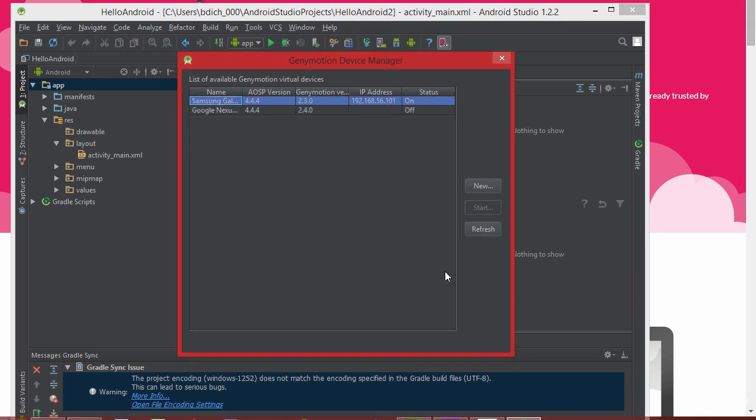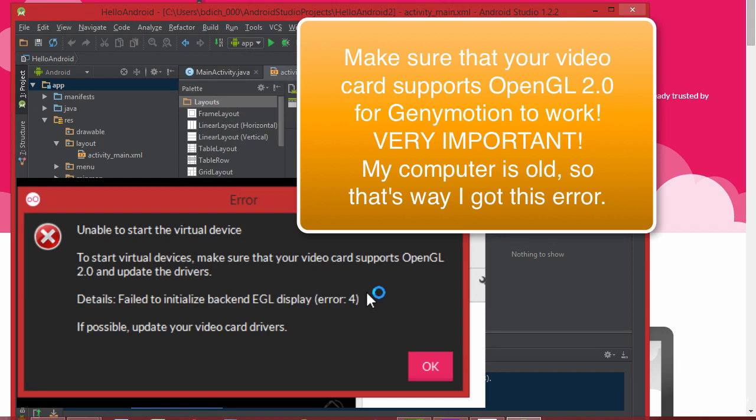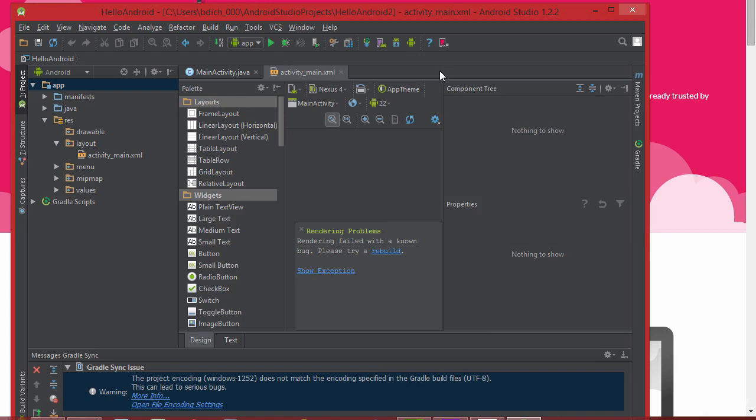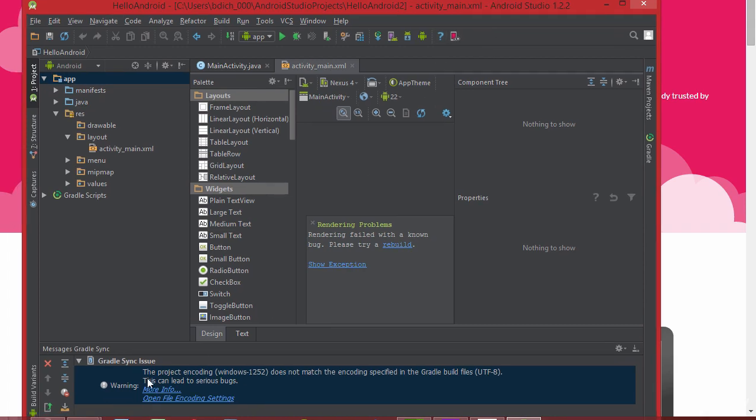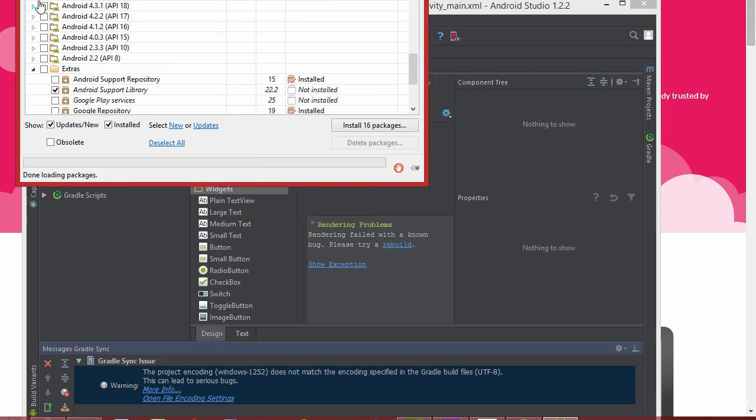But unfortunately, as we saw earlier, this computer is a little bit on the lower end. So for now, you are able to install the Genymotion plugin here, and you were able to get Android Studio installed. And notice also there's a few issues here. One of the main issues you're going to have is this rendering problem here. One of the ways to solve this, you will need to go to SDK Manager. So click on that. Essentially it means we need to install other API levels a little bit lower, such as, for instance,